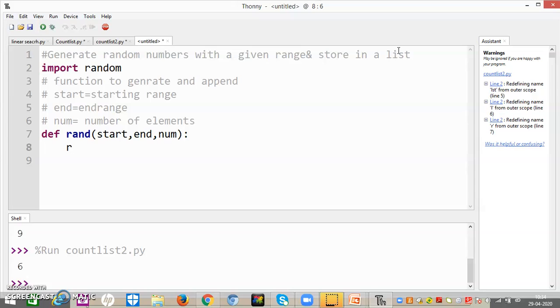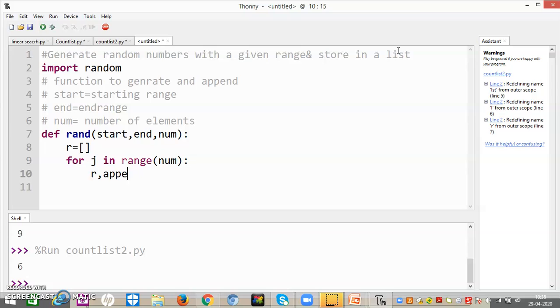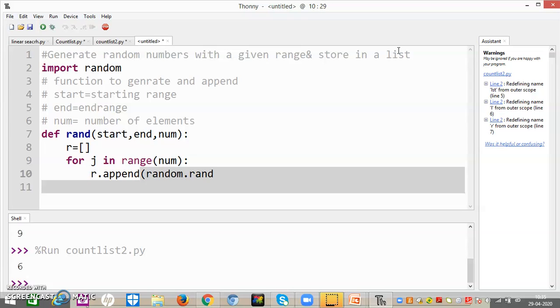Now I will take an empty list R, because we will add values to it. Now for j in range, I will write num here, because it will work up to num. R dot append, now I will write random dot randint, because I want integer values.